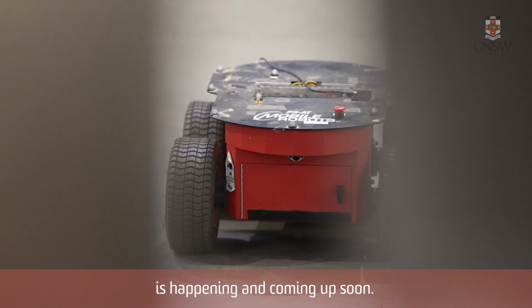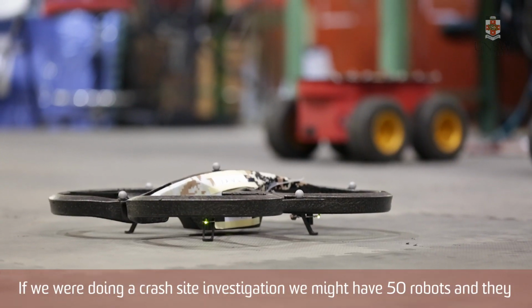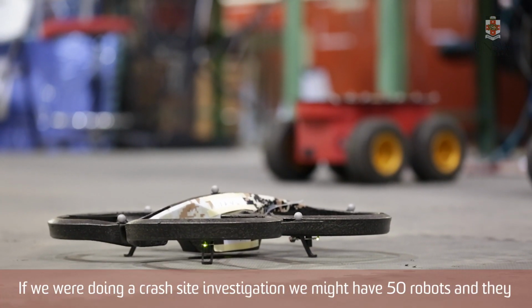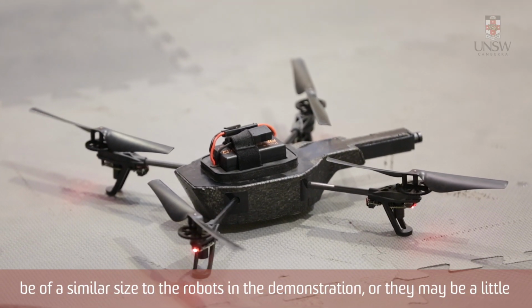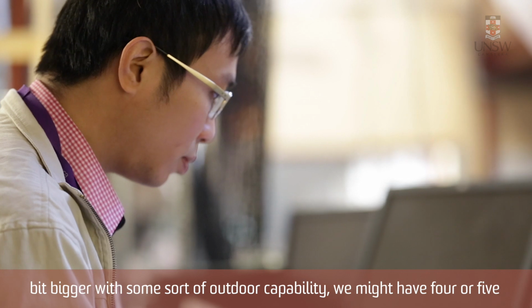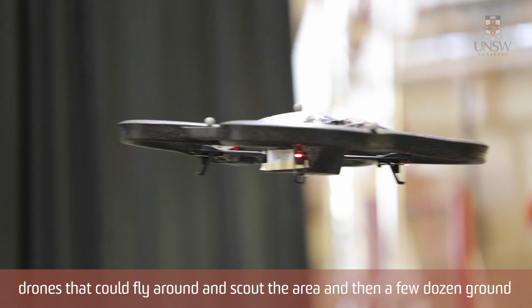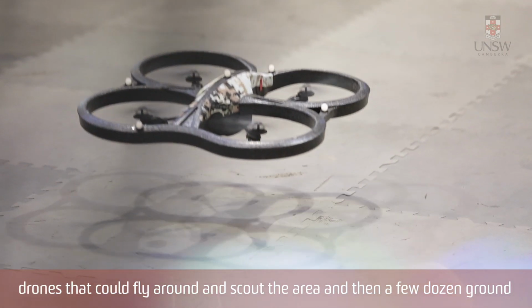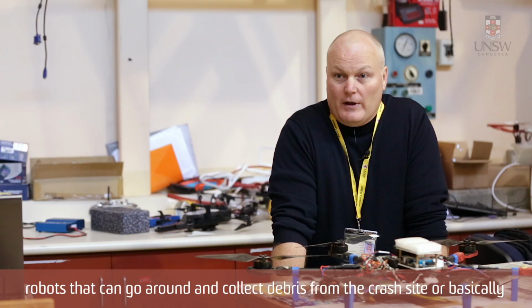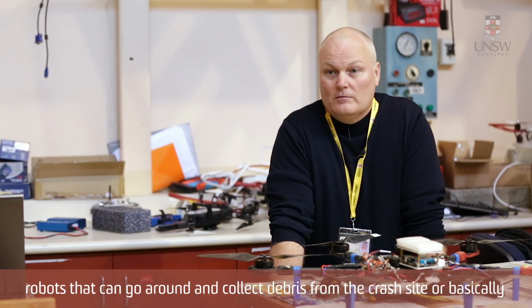and coming up soon. If we were doing a crash site investigation, we might have 50 robots, and they might be of a similar size to the robots in the demonstration, maybe a little bit bigger, with some sort of outdoor capability. We might have 4 or 5 drones that can fly around and scout the area, and then maybe a few dozens of ground robots that can go around and collect debris from the crash site or basically search